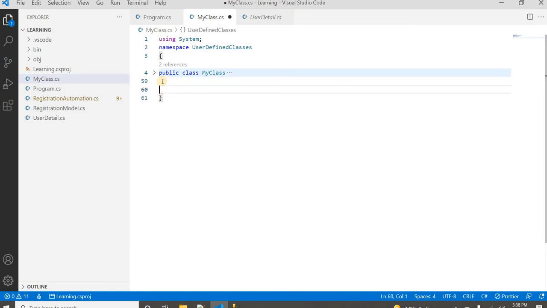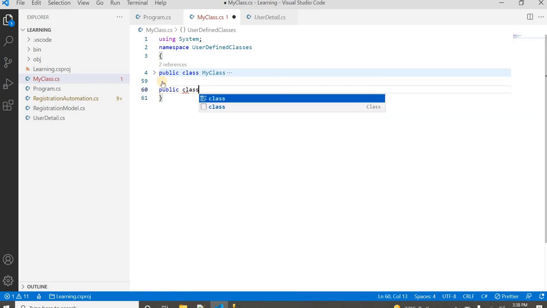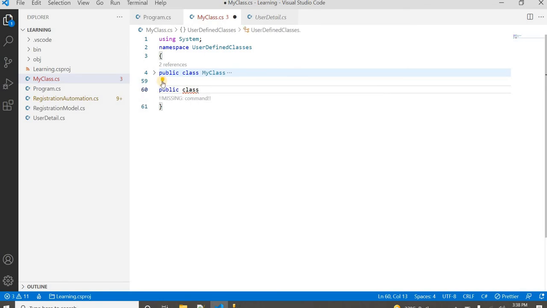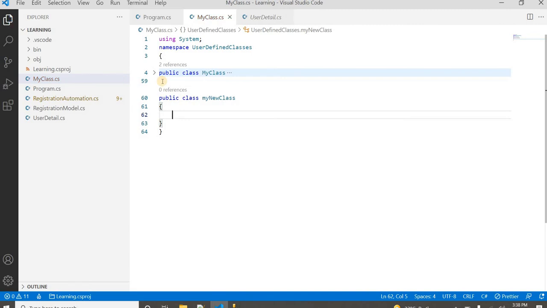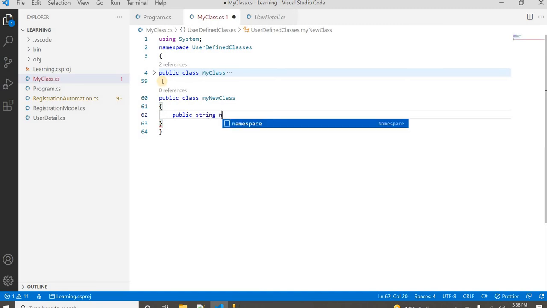Okay, let me take another class in which I will define only properties. Let's say public class, and class name, let's say MyNewClass. Here now I can define the properties, like public string name.